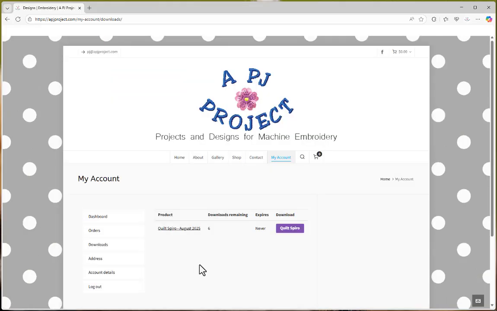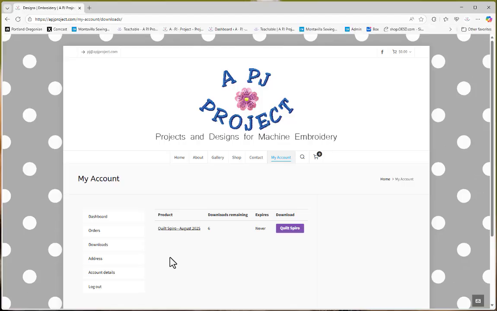Once that has cleared, it should take just seconds. It will take you to your account. You'll receive an email saying that you have purchased that. But here you can see, here's my Quilt Spiro. Here's the link to be able to download that. This is also telling you that you have 6 remaining downloads and that those downloads never expire. If you click on this,